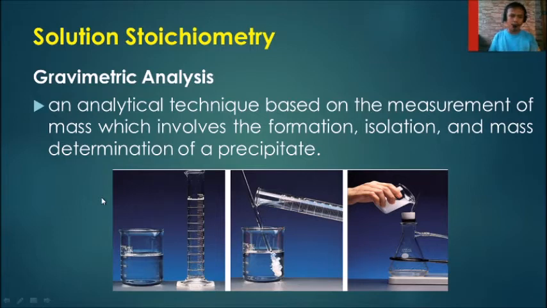So, dito, ang sabi dito, it is a technique based on the measurement of mass, which involves the formation, isolation, and mass determination of a precipitate, no? So, dito, ang ginagawa dito, basically, if you have a certain substance, let's say you have an initial substance, and you are going to mix that with water and another substance, as you can see here. Ayan. So, meron po tayo ditong dalawang substance that will undergo the reaction,